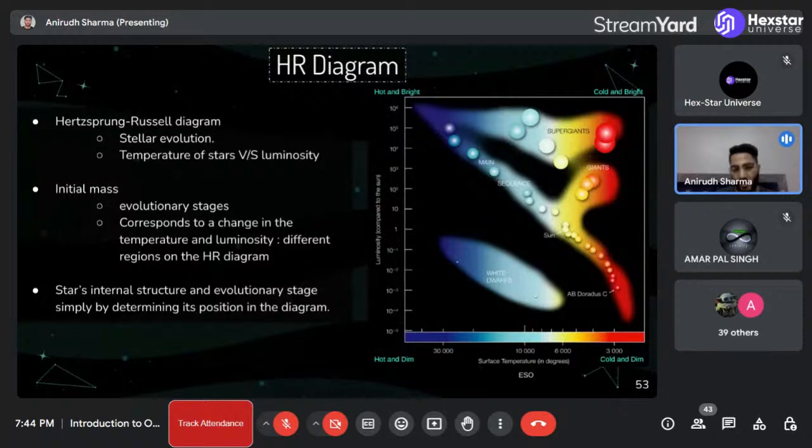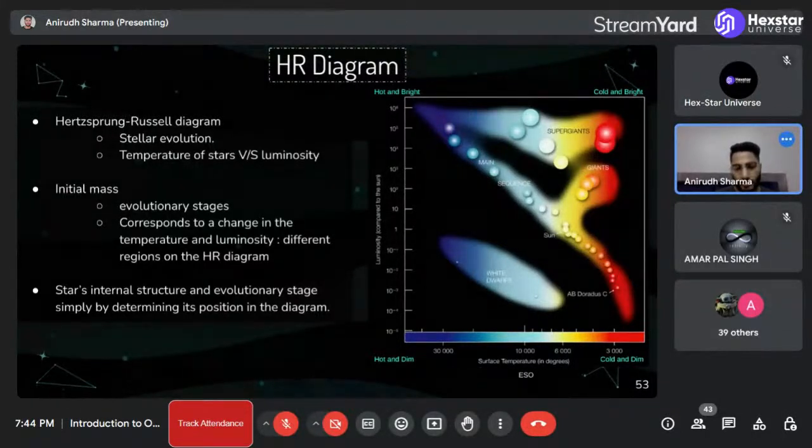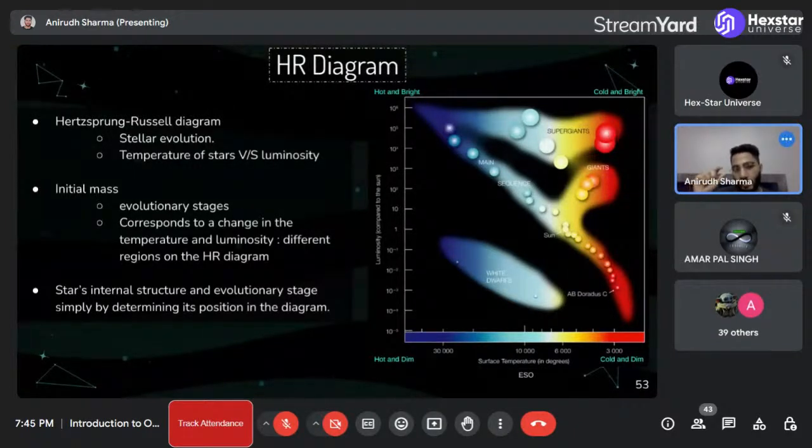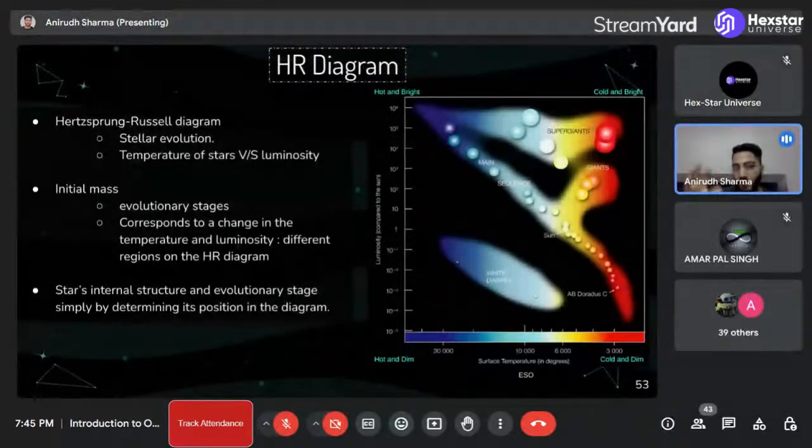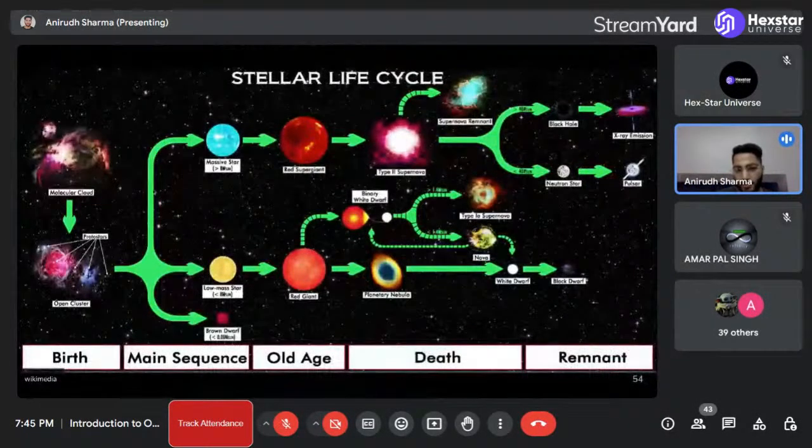स्टार्स मेजॉरिटी ऑफ लाइफ के लिए रहते हैं, फॉर एग्जांपल। तो सिर्फ इंटरनल स्ट्रक्चर जो है वो एवोल्यूशनरी स्टेज डिफाइन करता है। अगर हमने डिटरमाइन कर लिया कि इस पोजीशन पे हमारे डायग्राम में स्टार का डेटा है, टेम्परेचर एंड ल्यूमिनोसिटी, तो हमें उससे पता चल जाएगा कि कहाँ पे, कौन सी पीढ़ी पे ये स्टार है।